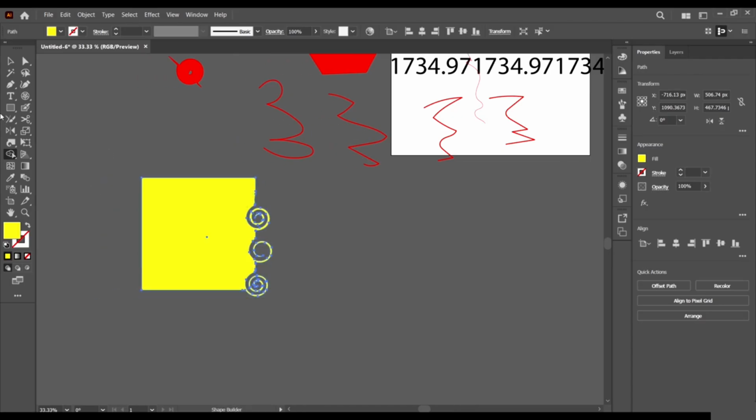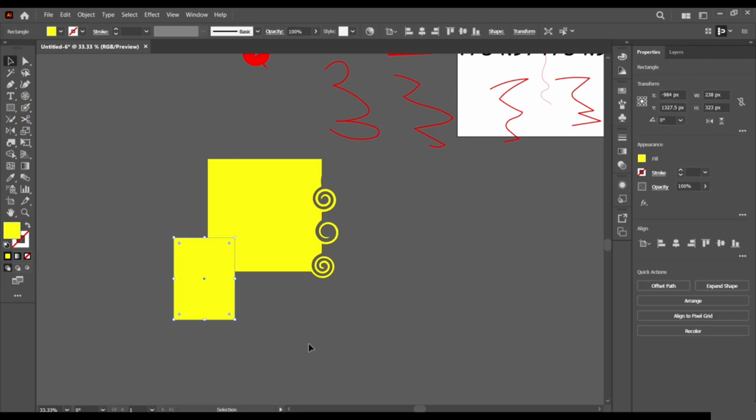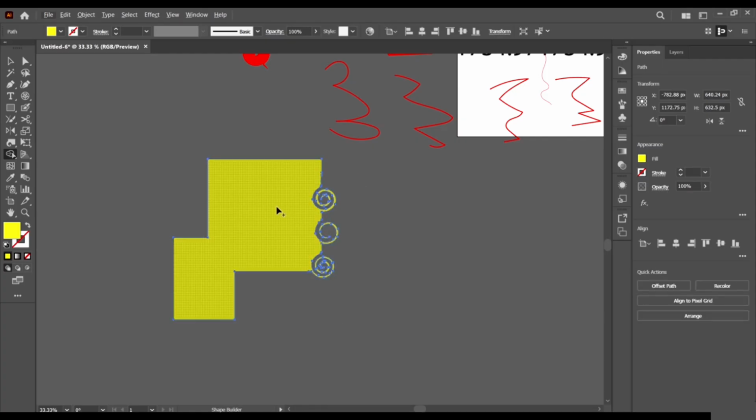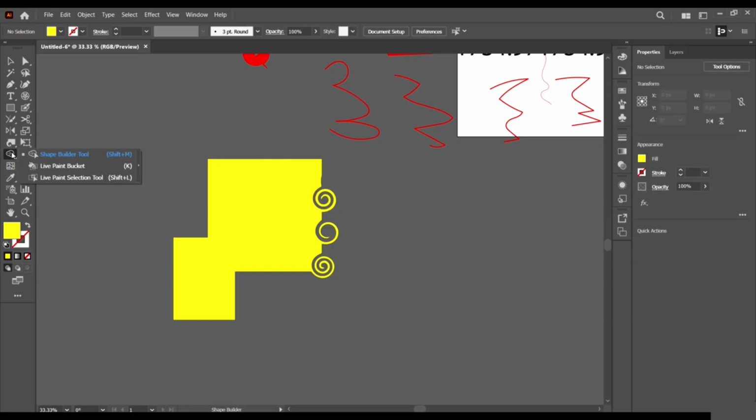The puppet tool helps us distort our form in certain ways by putting joints on separate parts of the shape. We have the shape builder tool, which helps us build our shape maybe like this. It connects two shapes together or subtracts them. We're going to be looking at each of these in detail when we start handling the project as a whole. I just want to refresh your mind about these tools in this lecture.